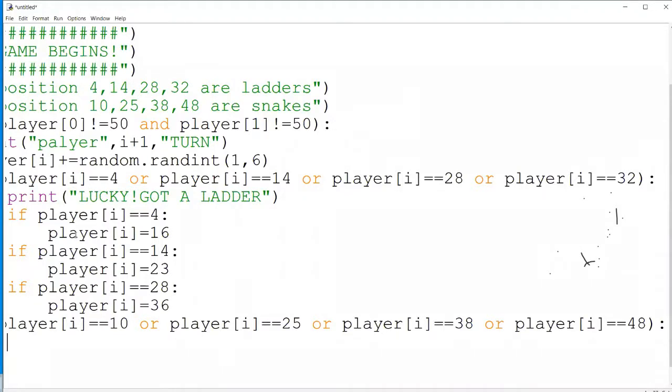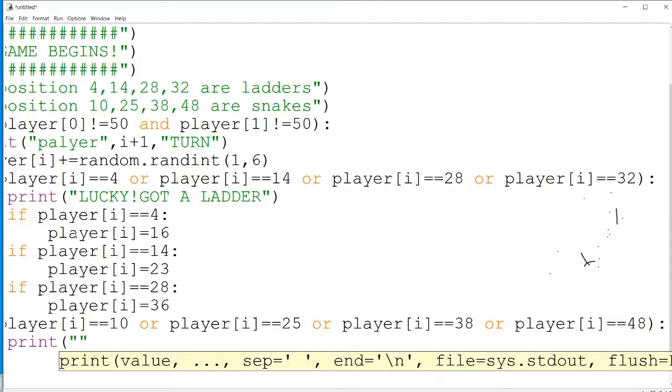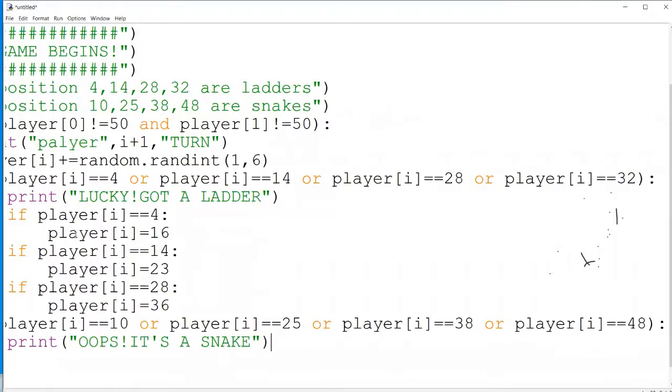If any of the conditions is met here, I just wanted to give a simple message like, print, oops, it's a snake.